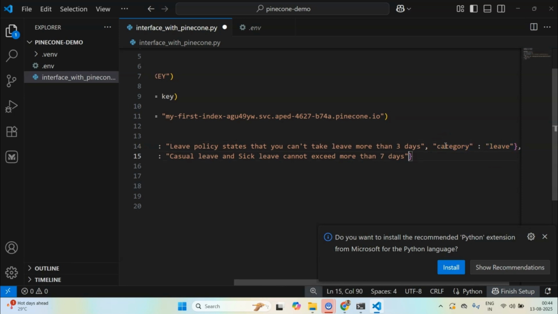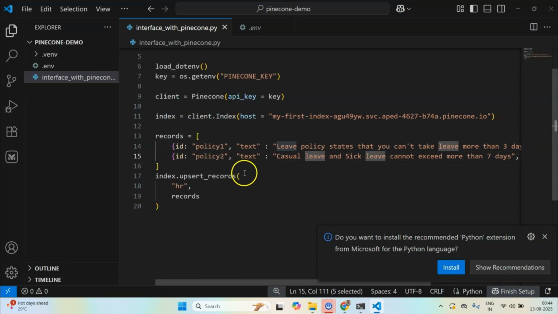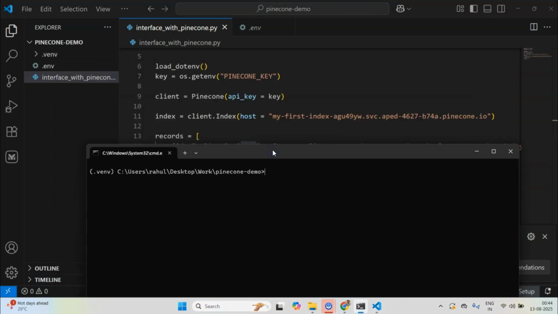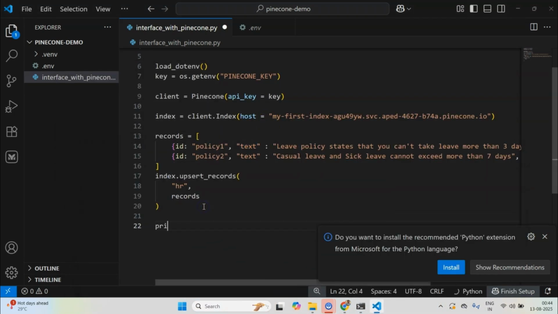Okay, so now I can pass category here as well. Now I can insert this document. Here this text is important. Now let's run this script, and let me print a success message after the script is done running.